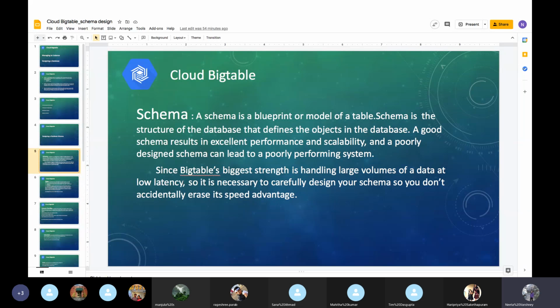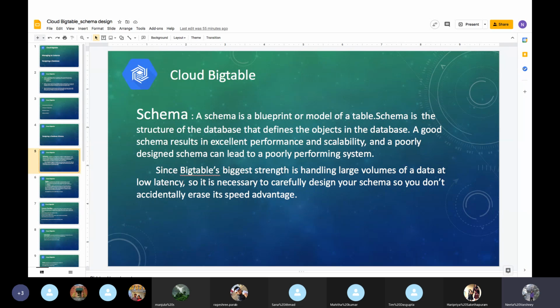So what is metadata? The information about data. Basically, data about data is metadata. In the schema, we will see all the information about our data set, like how many rows it has, how many columns, what the types are, and everything.